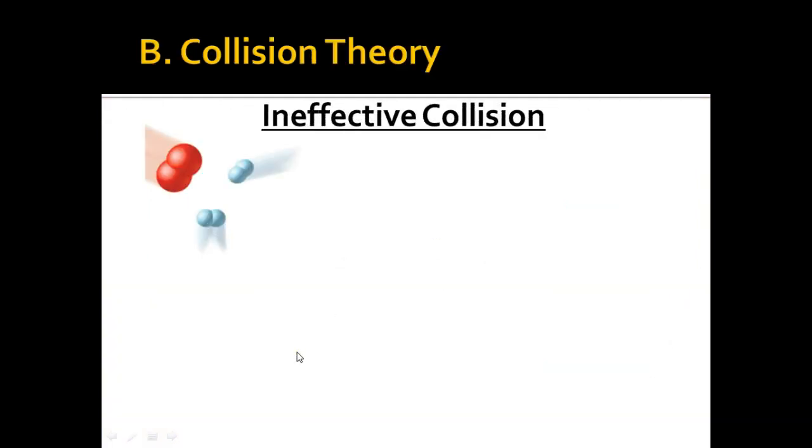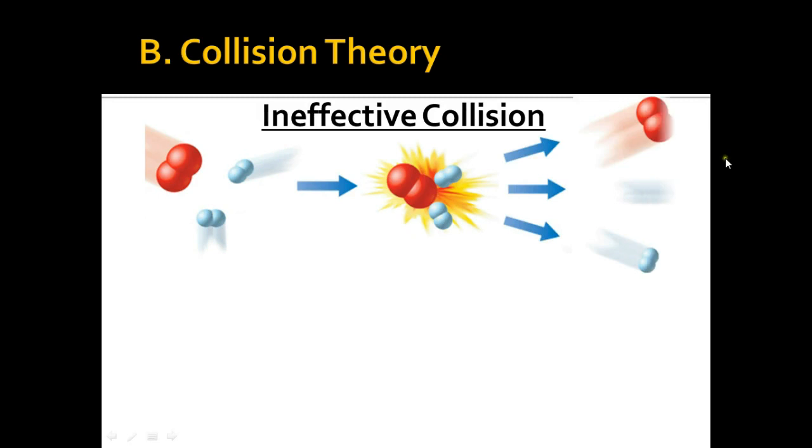And so now we're going to talk about collision theory. And collision theory all has to do with reactions and how particles collide. So here we have two types of collision. We have ineffective, so it's not good. So for example, we have these two molecules. Let's just think about this as O2 and 2H2. And so they hit, but they bounce off because they don't hit in the right spot